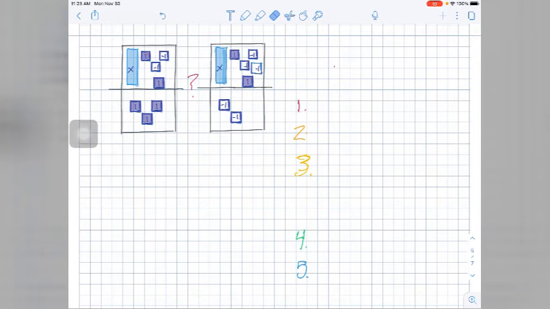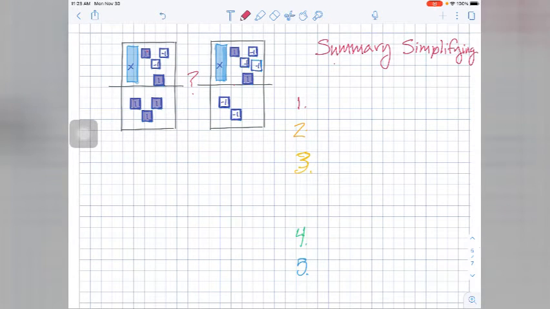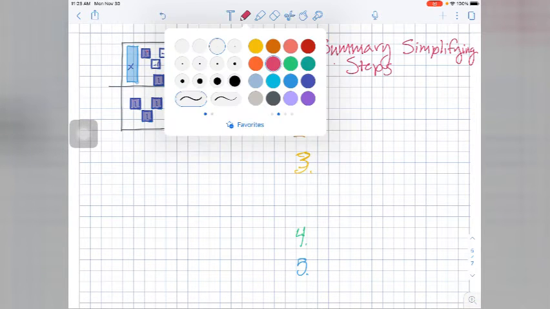Okay, guys, so here's a summary of everything that we're supposed to know from 215. This is a summary of our simplifying steps. I put these as step 1 through 5, but really there's actually an extra step, which is being able to write down the equations. So simplifying steps here. Hang on, let me get this written down first. My brain doesn't think that way. So I'm actually going to start with